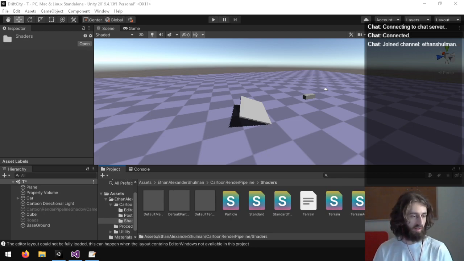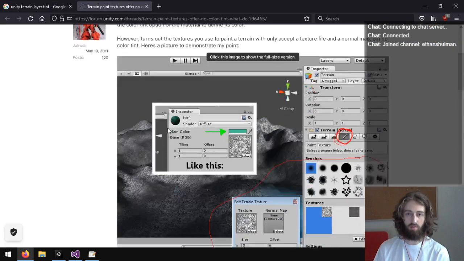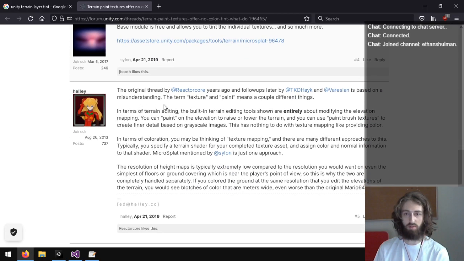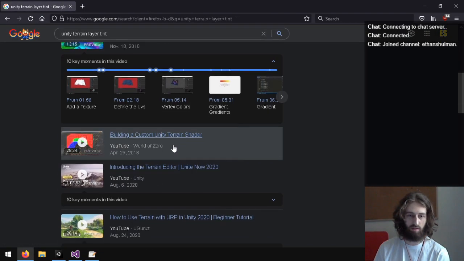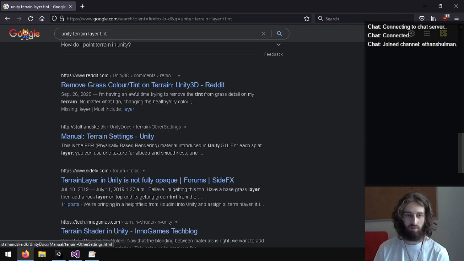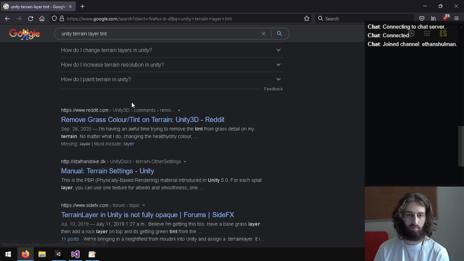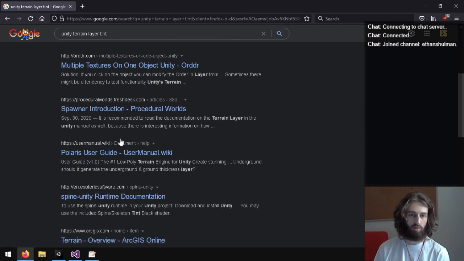So let's see if Unity has any way to tint terrain layers. Terrain paint textures offer no color tint. What to do? Any solution? When it comes to terrain shaders, my favorite is Microsplat. Follow-ups is based on misunderstanding the term texture and paint. In terms of coloration, you might be thinking texture mapping. Okay, that literally doesn't explain. There's not a lot of answers on Google. Google's shit, dude.